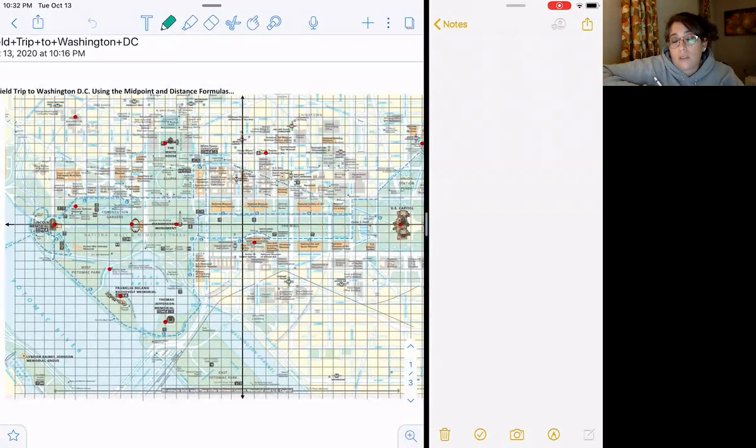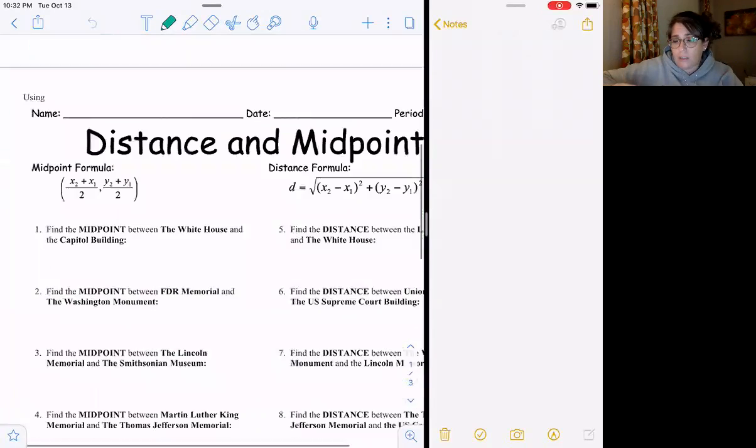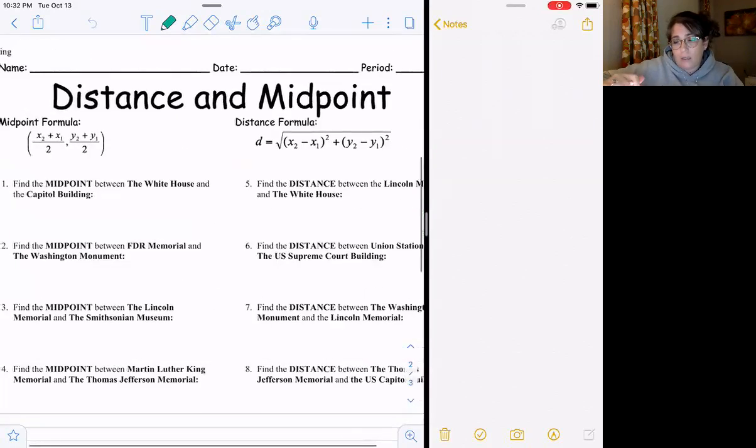So what you guys are going to do is you are still going to do work, obviously. You still have homework to do. But it's kind of a cool activity. There's a bunch of little red dots on here. You see them? And then there's a bunch of questions down here that kind of go with them. There's only 8. It's not the end of the world.